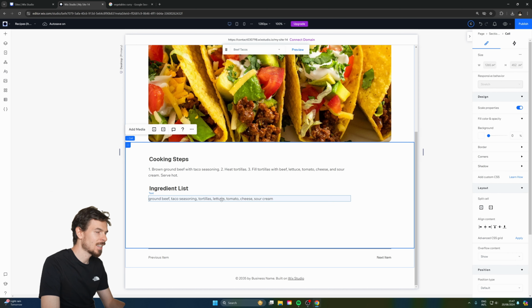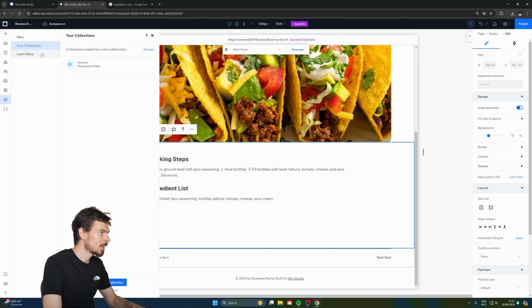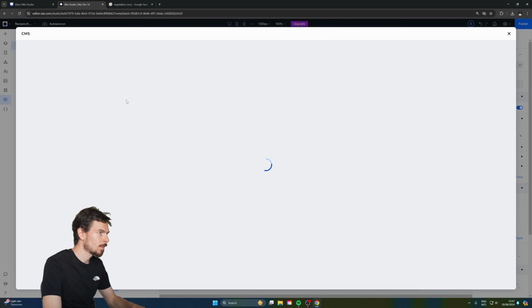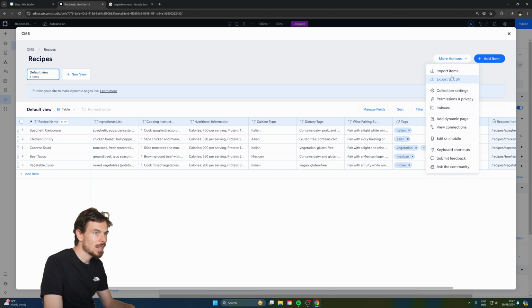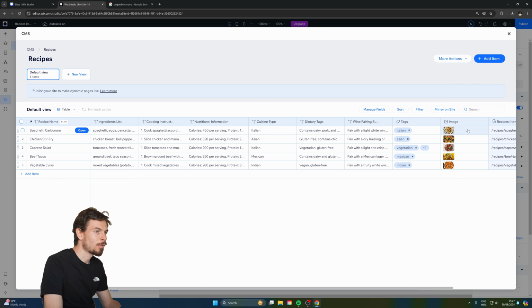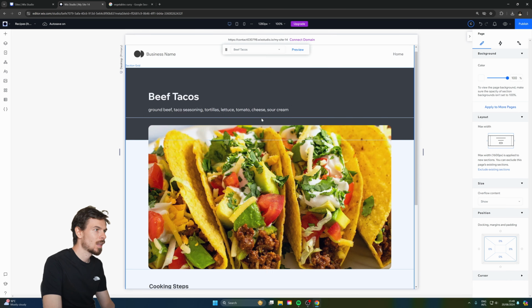And the fantastic thing is here, just add your text. If I want to modify this ground beef taco seasoning, blah, blah, blah, want to format it a bit differently, we can just go here. There we go, find our tacos. So here, right, and here's the ingredient list. You can complete this any way you want with your text. Or optionally, you can even add a rich text if you want to format this in a specific way. But let's say I want to make this